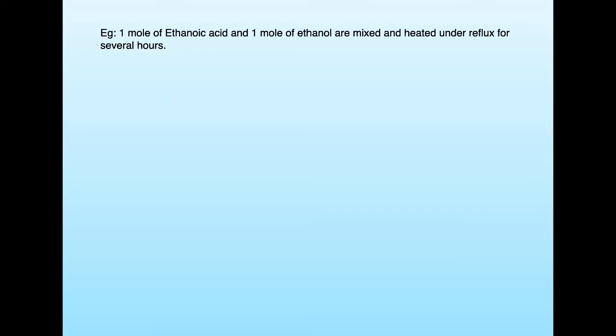It's a liquid, so we could find a volume of it. But what's the mass of 1 mole of ethanoic acid? Quickly add it up. Pause me for a second if you need to do the sum, and for ethanol too. You'll find that the answers are, I think, 60 grams per mole for ethanoic acid and 46 grams per mole for ethanol. So we'd need density, and then we could work out how much volume we needed of each of these two liquids. Reflux for several hours because organic reactions are slow,